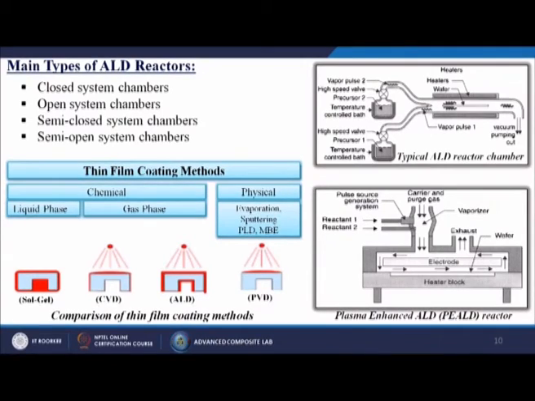Then here, the right hand side corner shows a typical ALD reactor chamber. From this particular case you can see that there is one chamber, either this can be open or this can be closed. We are using a certain kind of vacuum there. Now, we have 2 precursors, precursor 1 and precursor 2. So, one material goes in and attaches onto the substrate itself, then there is a heater arrangement by which it is dried, then the material from the second precursor comes and does the reaction there. So, by these methods we can do layer by layer coatings.